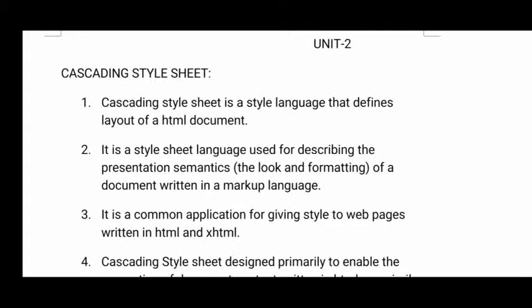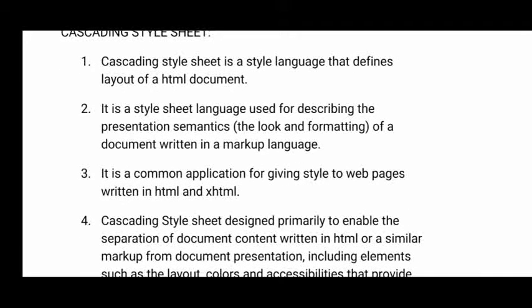In order to apply the styles in the CSS file to HTML elements, this CSS file should be included inside the HTML document. When you include it, all the properties and styles you have given in the CSS are applied to HTML tags. So this is an introduction to CSS, cascading style sheet.